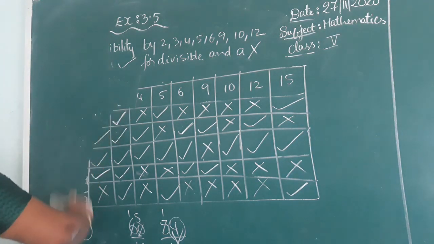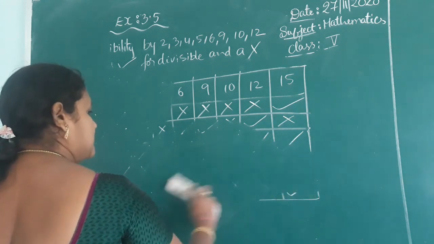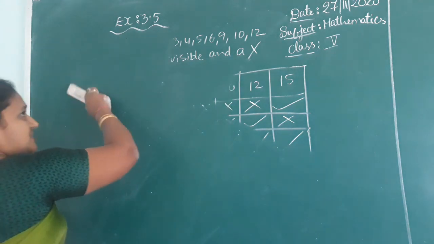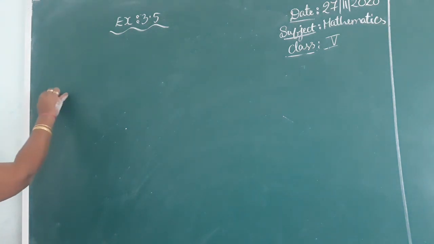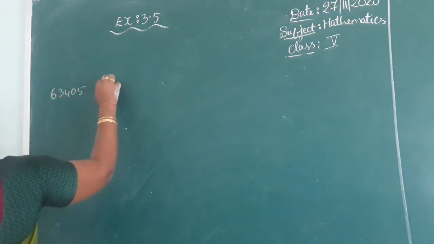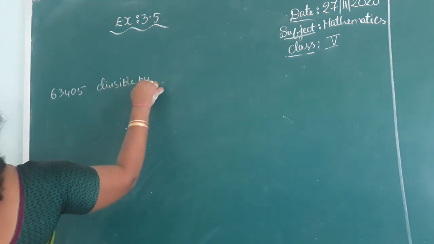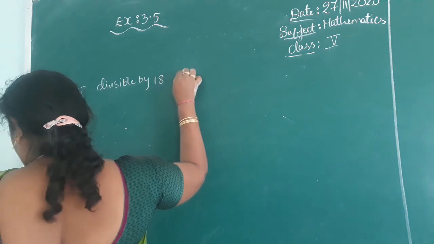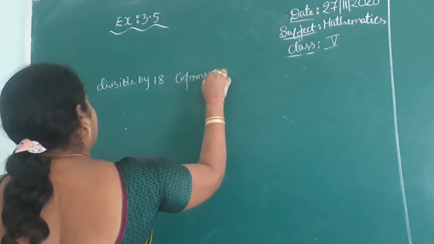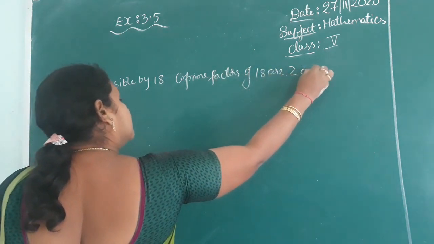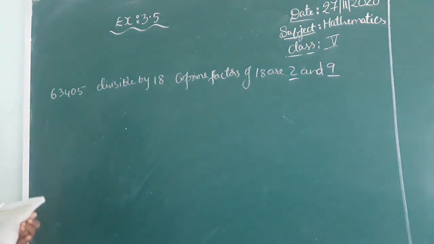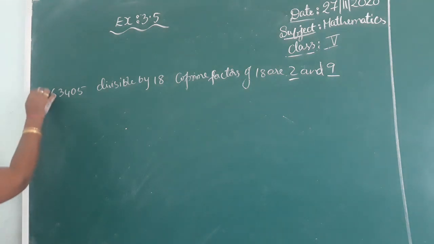Check if the first number is divisible by the second number. Basing on the co-prime factor rule, we have to decide which numbers are divisible. See the numbers which were given here. 63405 divisible by 18. Co-prime factors of 18 are 2 and 9. They only gave this one data. Second one,